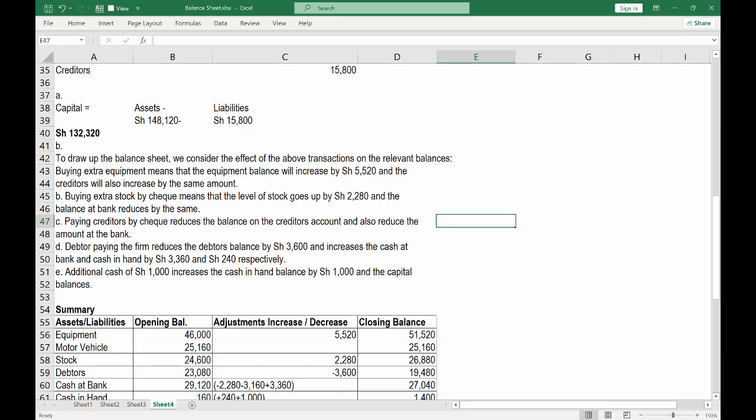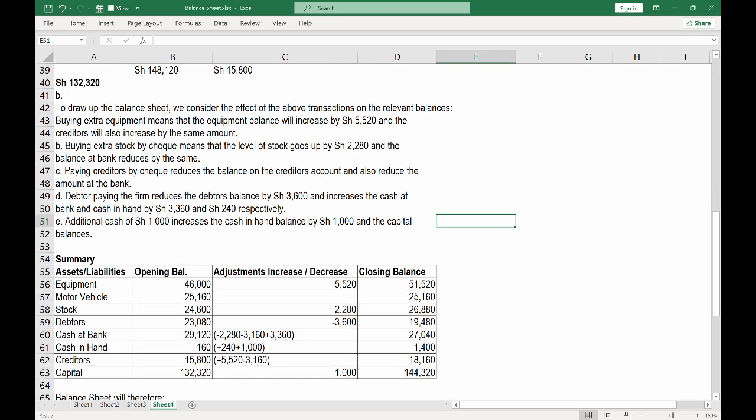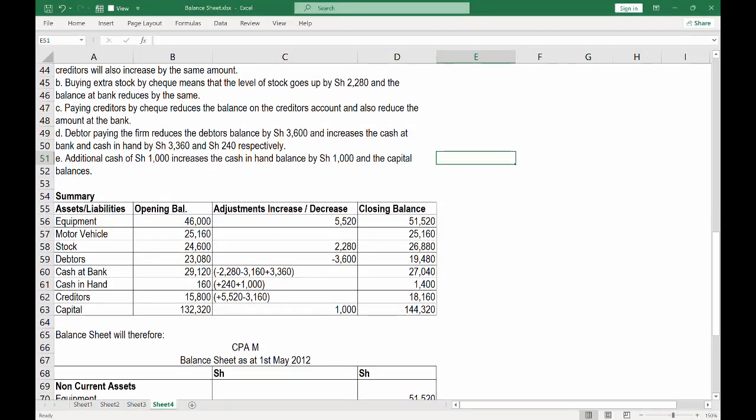Then paying creditors by cheque reduces the balance on the creditors account and also reduces the amount at the bank. So a debtor paying the firm reduces the debtor balance by 3,600 and increases the cash at bank and cash in hand by 3,360 and 240 respectively. Then additional cash of 1,000 increases the cash in hand balance by 1,000 and the capital balance. So if we look at that, the summary will be